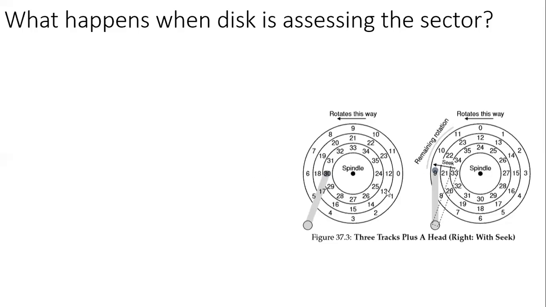Now it is on the inner track. So it is in this track, on block number 30, or you can say sector number 30. So it may move like this. When it moves from 30 to this track, we can call it track number 1. From track number 1 to track number 2, then from track number 2 to track number 3. So when it is moving from one track to the other, of course it requires some time.